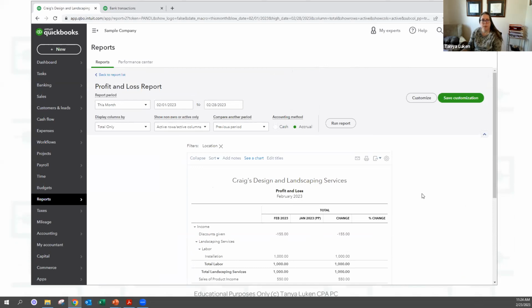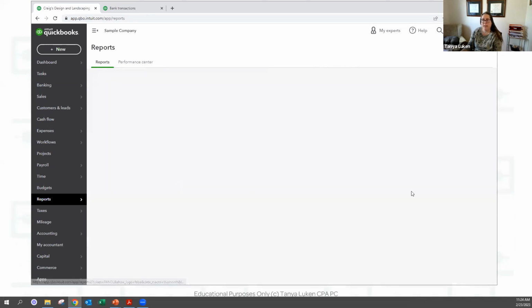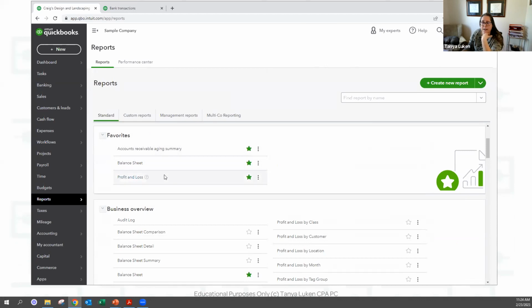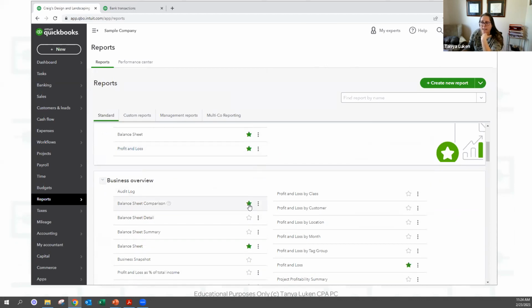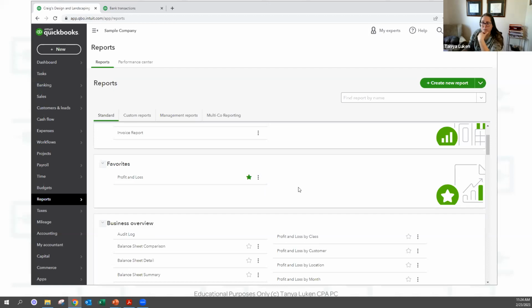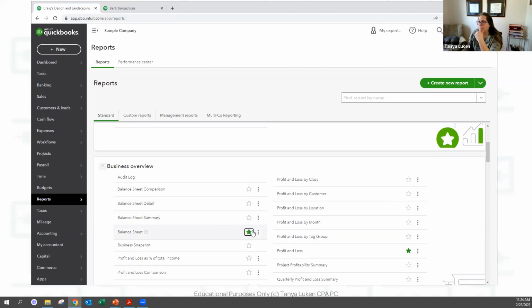Sarah said she'd like to create a report on the summary of this year's billing and breakdown by client, basically to see who's your top biller. There's a better way to do that than looking at your profit and loss reports. If you come in here, it has a custom report section that's always there. These favorites are here. If you like some of these, you just put a star by them and then they will show up in your favorites. If you don't like those reports, you just unstar them and then they go away from your favorite reports.